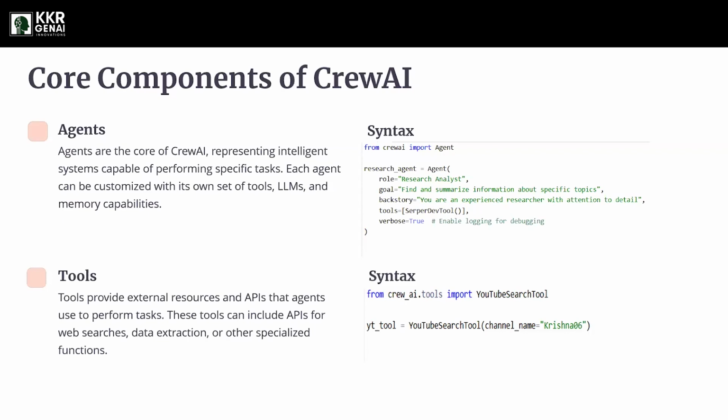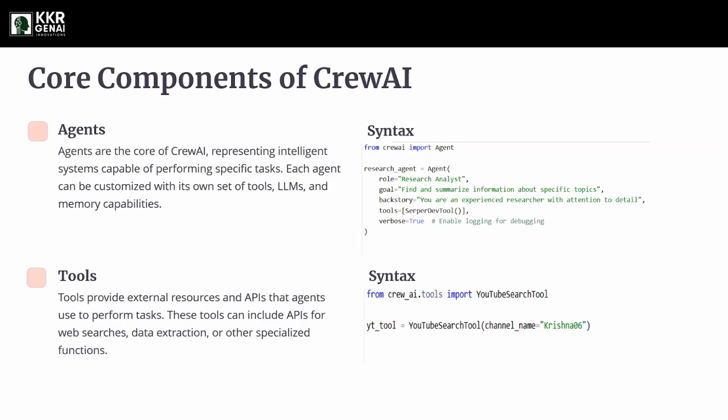And in these AI agents, when you look at the syntax, the main things we need to define for an agent are the role, which means the specific things they are assigned to do, the goal, what they need to find out for our requirements, and the backstory. We are also telling the agents, for example, that they are an experienced researcher or something like that, to make them work more appropriately and to give them extra capabilities.